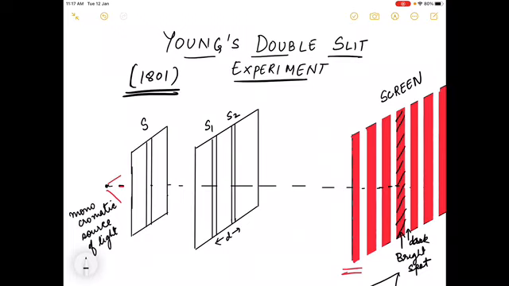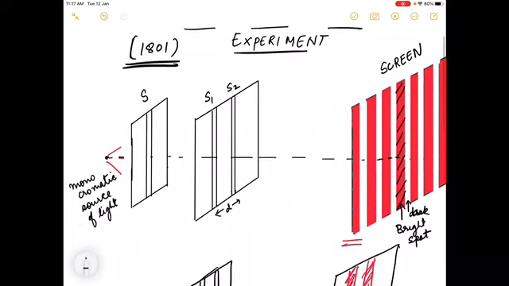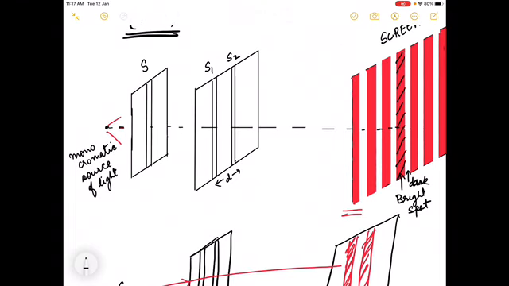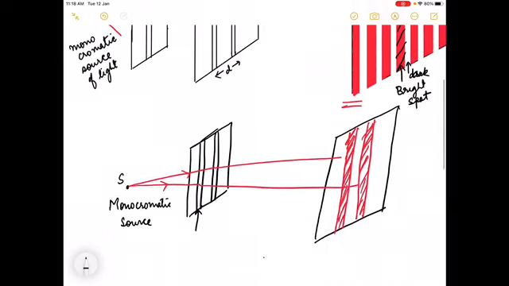So okay, how were people able to interpret that? Now, we have studied Huygens' principle, we have studied Huygens' wave theory. According to Huygens, light is not a particle, but light is actually a wave, a mechanical wave. That's what Huygens' wave theory says. So in order to explain this phenomenon, we had to go back to Huygens' wave theory. Later on, this phenomenon was explained with the help of Huygens' principle. So how was he able to explain it?